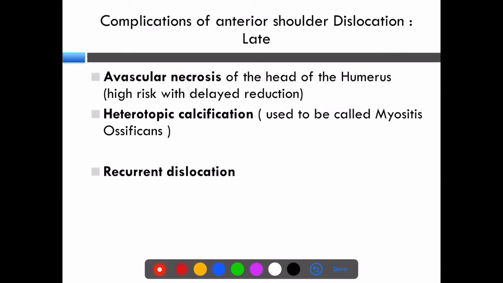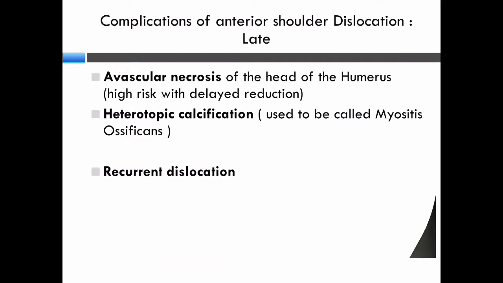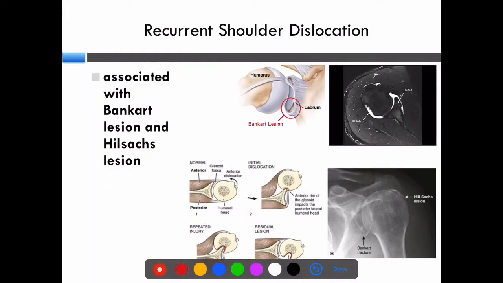There are some late complications such as avascular necrosis, heterotopic calcification, but most commonly the late complication is recurrent dislocation. There is some pathology associated with recurrent shoulder dislocation. You may have heard about the terms Bankart lesion and Hill-Sachs lesion. So, what are these? The Bankart lesion is a lesion situated in the antero-inferior part of the labrum. As you can see, the labrum here is detached from the glenoid,